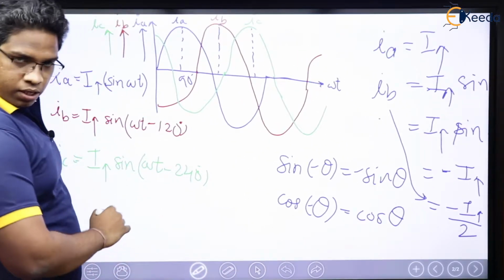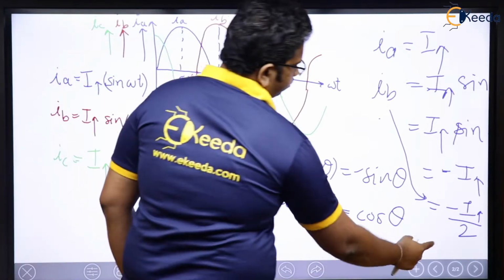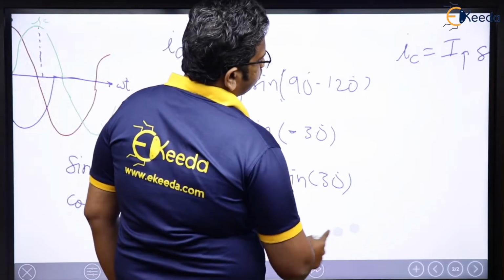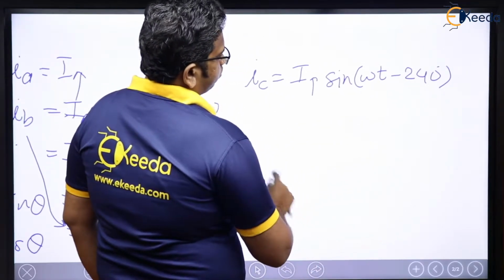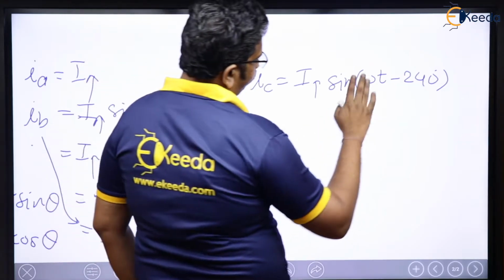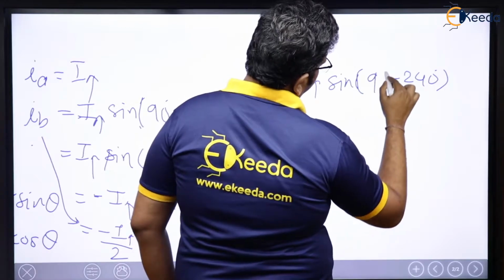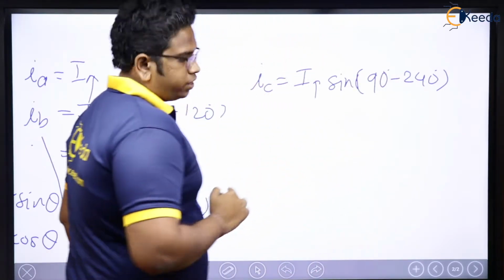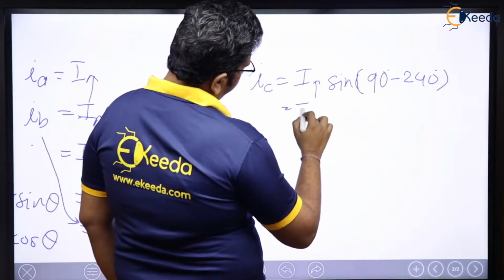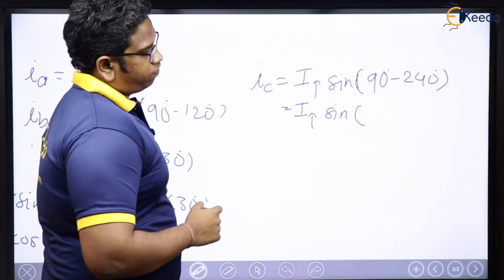IC is how much? I max into sine of omega t minus 240 degrees. And we are going to replace omega t by 90 degrees. So this is nothing but what? I max into sine of 90 degrees minus 240,